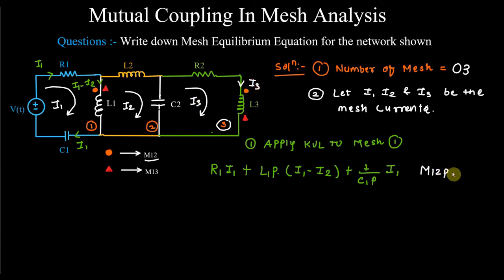So you write M12P I3. Fine. So what I have written in the first step is the magnitude. In the second step, I have written the current. Now the third step, when you write a mutual inductance, is its sign, meaning whether it is positive or negative. It depends upon the directions of current. We have seen that when both the currents are entering or leaving, it is positive. If one current is entering and one current is leaving, it is negative.